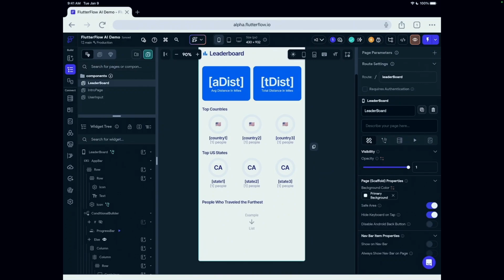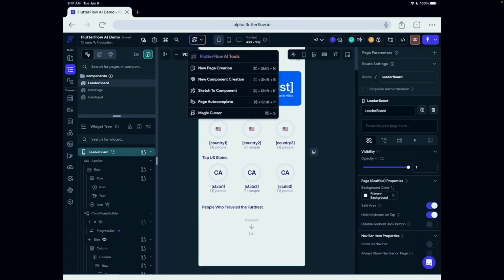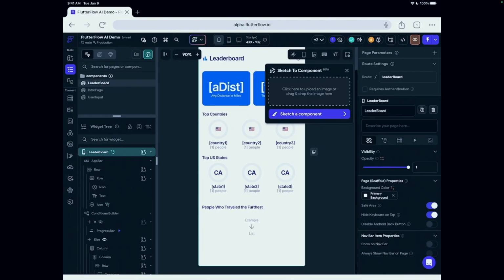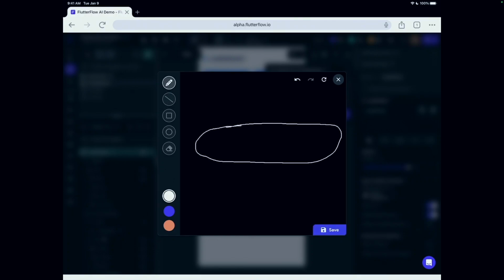Leaderboard. Yeah, I need to add a widget here. And let's see what's in this menu. Sketch to component. What does this do? Oh, I can draw things. Okay, I think this is basically what I'm going for. Oh man, I feel like the model is going to be mad at me. Yeah, I want to put a user icon here. That's close enough, right? User